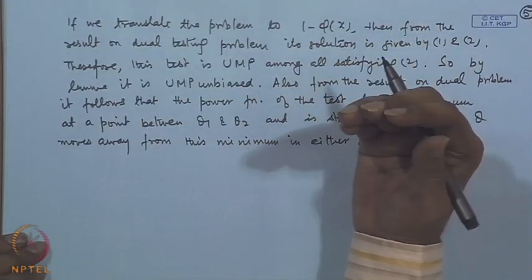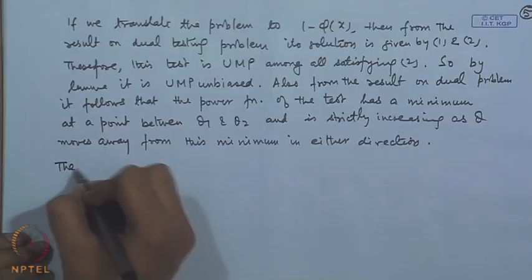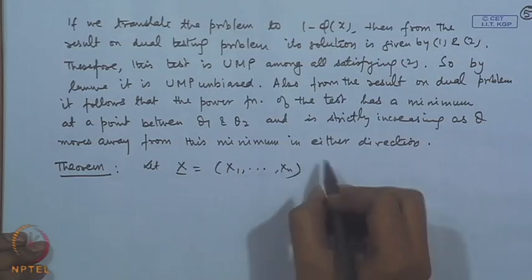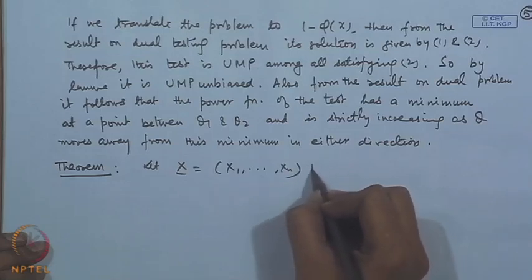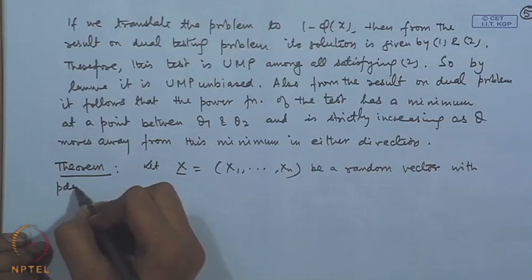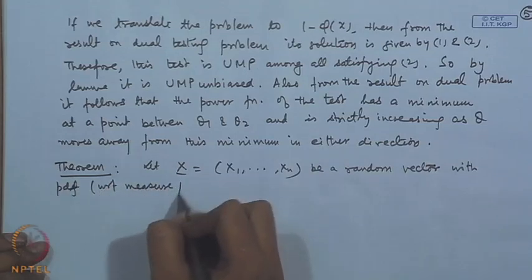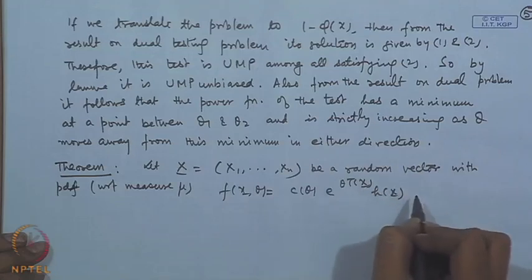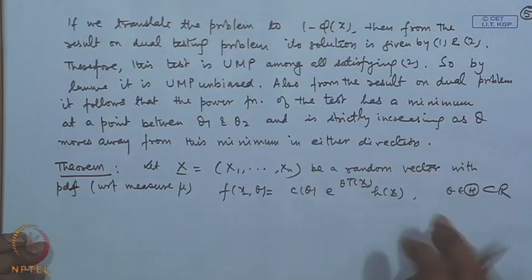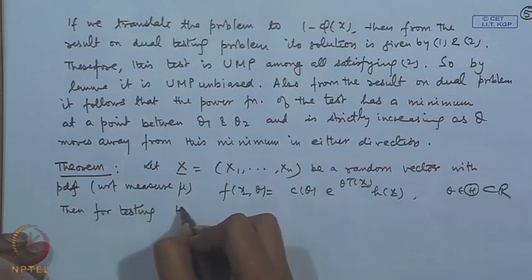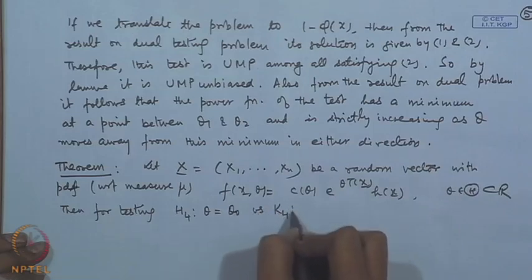Okay. Now, let us consider the point null hypothesis and the alternative is two sided. Now, in that case, one of the conditions gets modified. Let me state it in the following theorem. Let x is equal to x 1, x 2, ..., x n, so again the same conditions are there. Let me just restate it for convenience. Be a random vector with probability density function with respect to some measure mu, that is f x theta is equal to c theta e to the power theta T x h x, and theta is of course lying in a parameter space which is a subset of the real line. Then for testing H4, theta is equal to theta naught against K4, theta is not equal to theta naught,